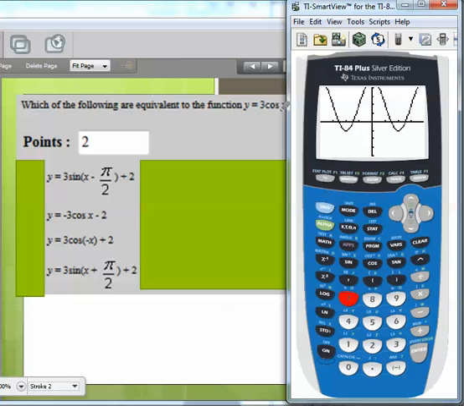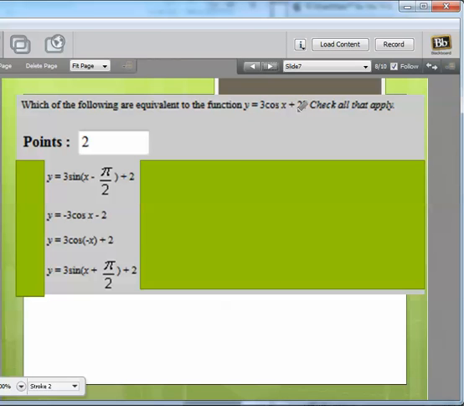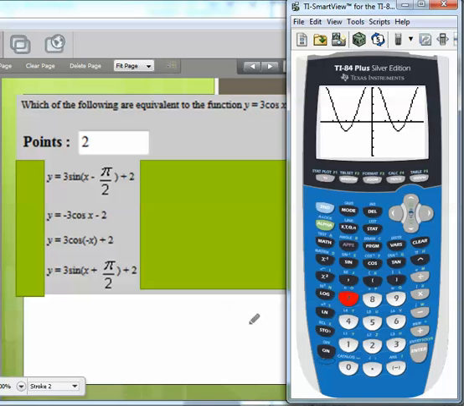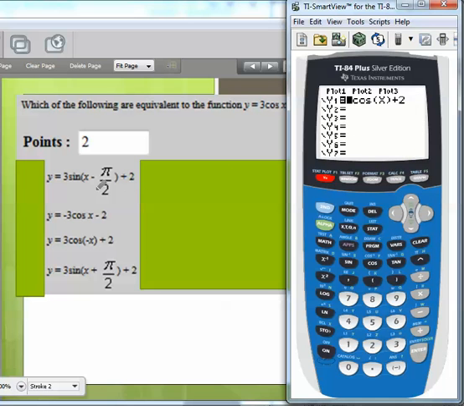You see the 3 here? That's causing it to be 3 times taller than what it would normally be. And the 2 at the end here causes it to be shifted up 2 units. That's why it is up 2 units higher than what we would normally expect it to be. Okay? So what I'm going to do is I want to take each one of these other problems here and